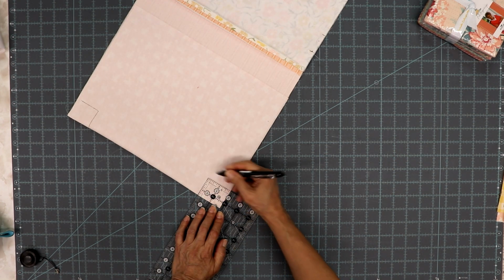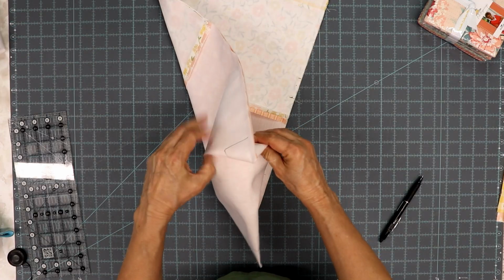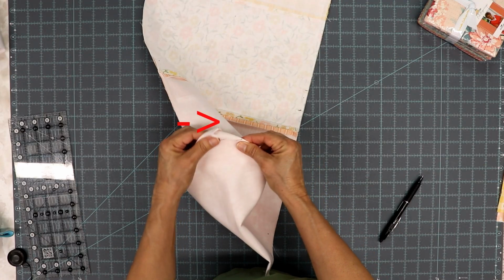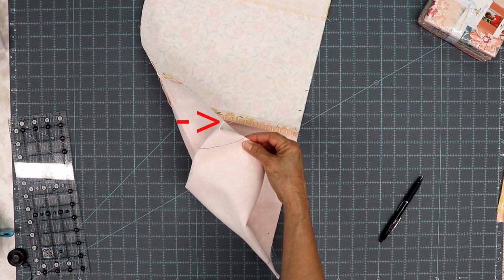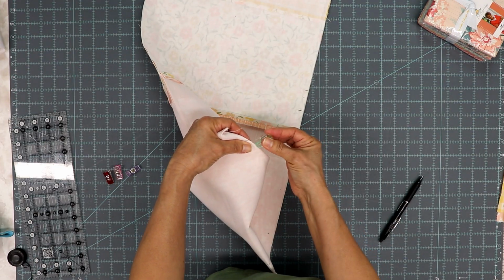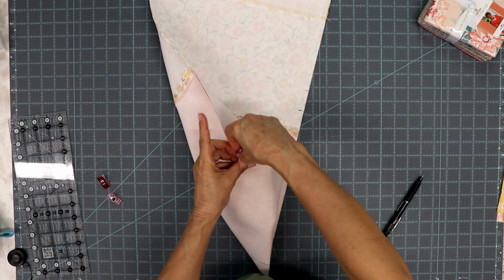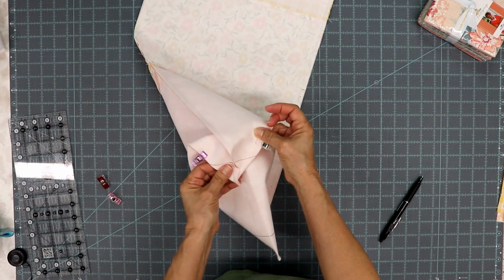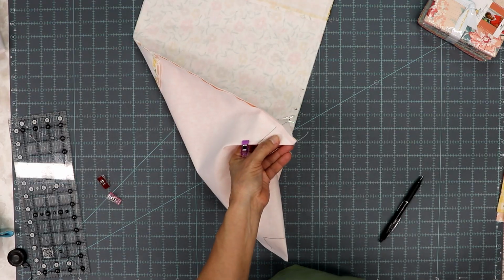So after I'm done with all the marking of the little boxes, I open them up. I trim the little ears so that I can have the seam open up, and it will be easier to sew them. And then I attach the lining with the main fabric. I'm going to sew that together. So watch carefully how I go